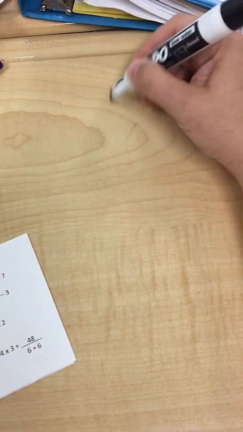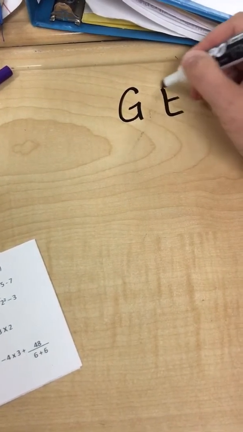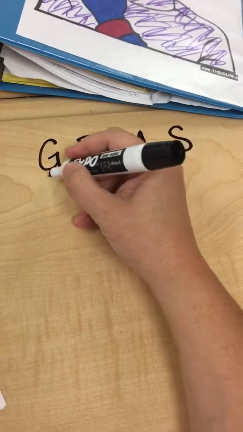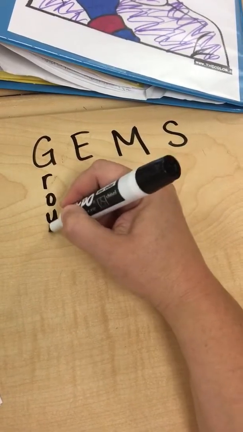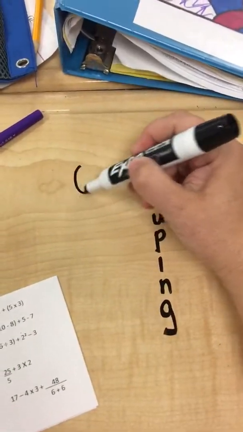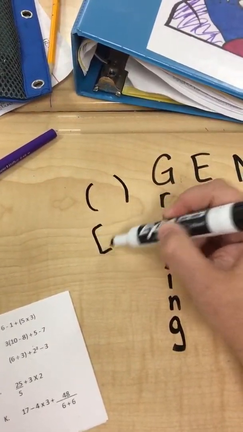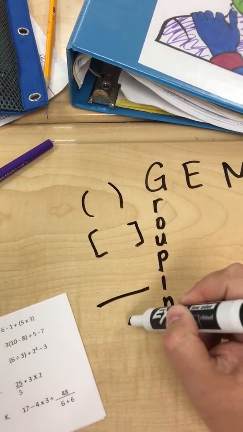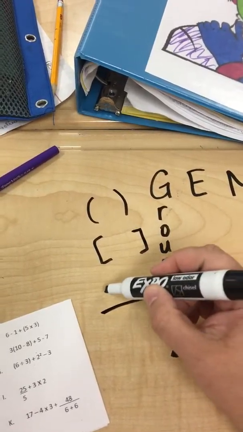So we begin here and we talked about GEMS. So this is in our notes. You start with anything that involves a grouping. So any time you see parentheses or brackets, or even anything above or below a fraction bar can be